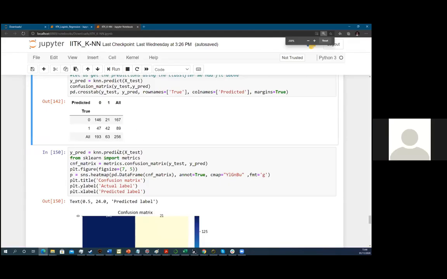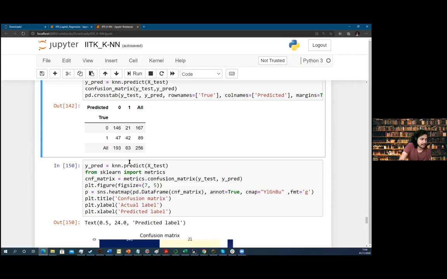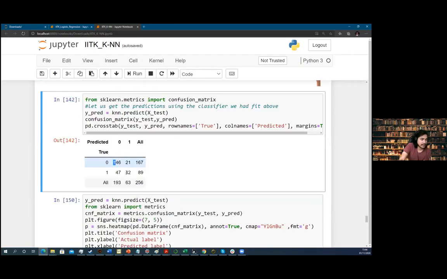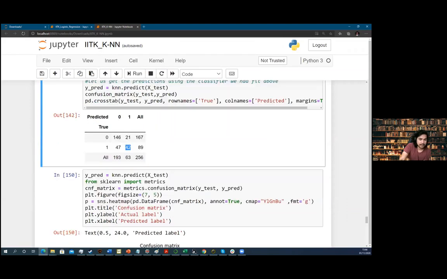So here you have this case, which is 146, 21, 47, and 42, right? So then there is a confusion matrix. Is it used only for classification problems? The confusion matrix is a matrix to analyze what the accuracy of the model is, or the precision of the model is.